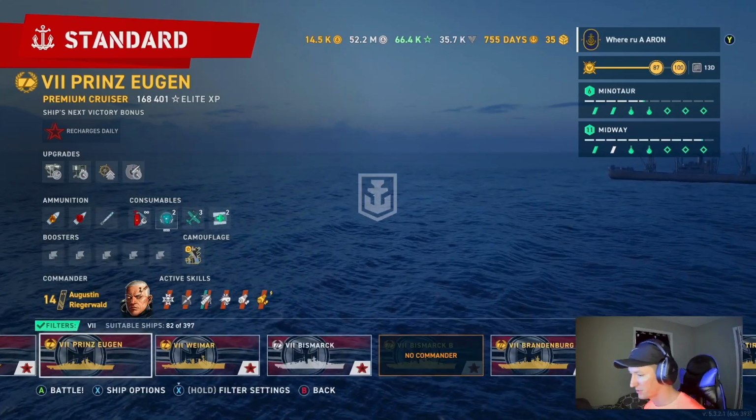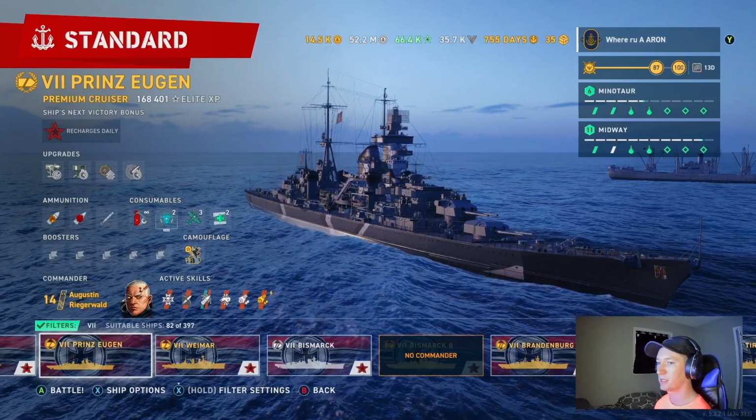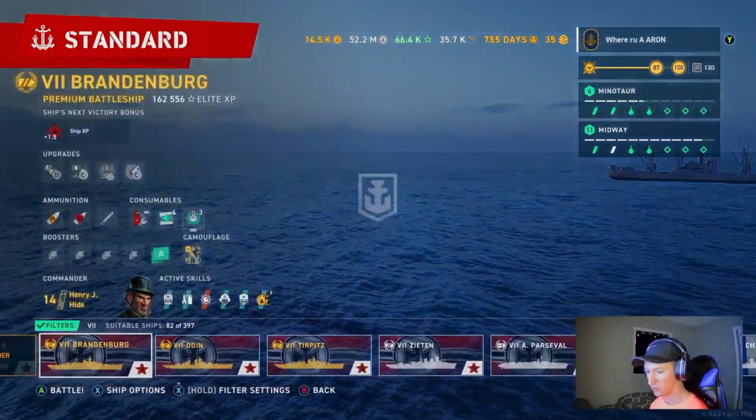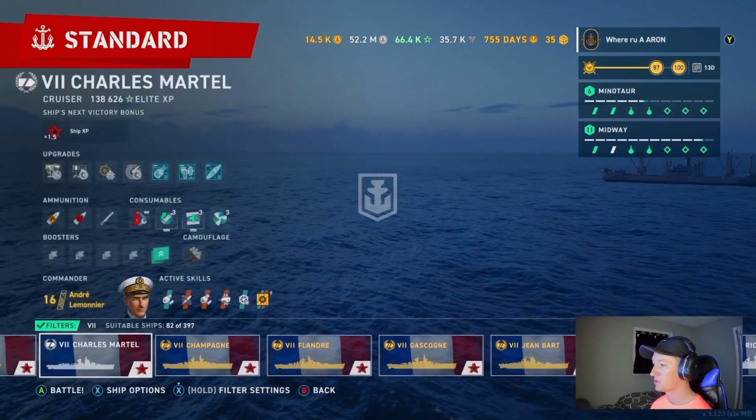And that is the Prinz Eugen. I think she is still available in the store for global XP, so if you want a ship with a little bit of history behind it, that's a half-decent cruiser, it's good at everything. It can tank, it has torpedoes, it has hydro, it has good guns. Just an overall decent ship. Like we said earlier, I think the Hipper is a better overall package, but that one will